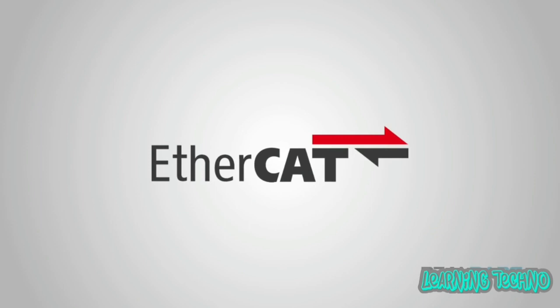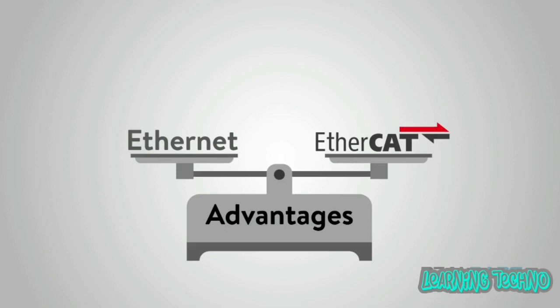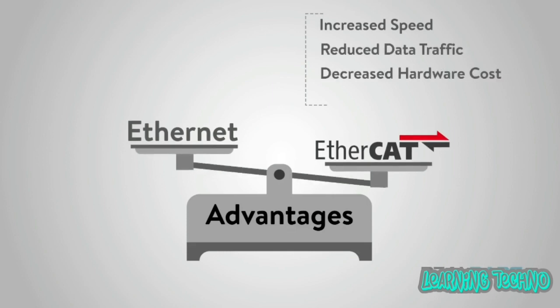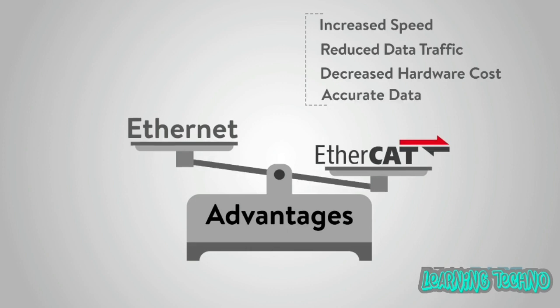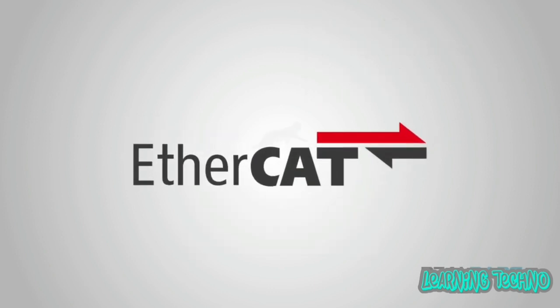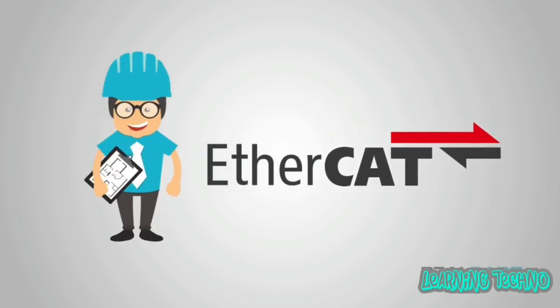In conclusion, EtherCAT is Ethernet with some really nice bells and whistles. Designed with the industrial arena in mind, EtherCAT has great advantages over the standard Ethernet network. Those include drastically increased speed, reduced data traffic, decreased hardware cost for implementation, and more accurate data due to the distributed clock mechanism. EtherCAT is the cat's meow. Pun intended. It's increasing in popularity among controls engineers desiring a real-time